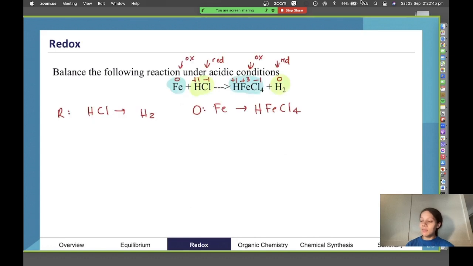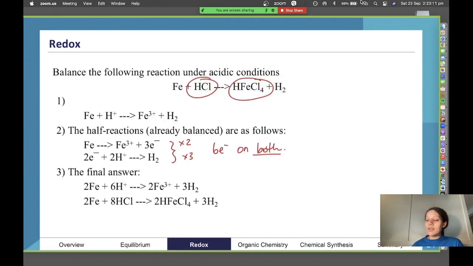If you ever get to a point, and that's actually good, I just went under the assumption that it was the same as the last one. If you ever get to a point where you get stuck, where you're thinking, I can't balance this because we have Cl here but no Cl there to balance, then that's why we just treat it as the H+ by itself, and then the H2. We'll balance that. And then when we finally write the answer with our combined half equations, that's when we can rewrite the ions in terms of their full molecules.